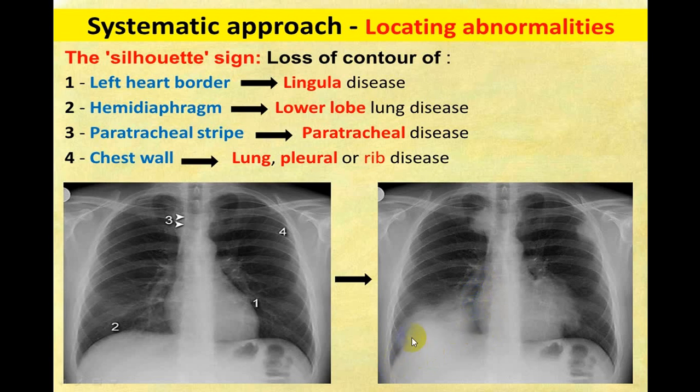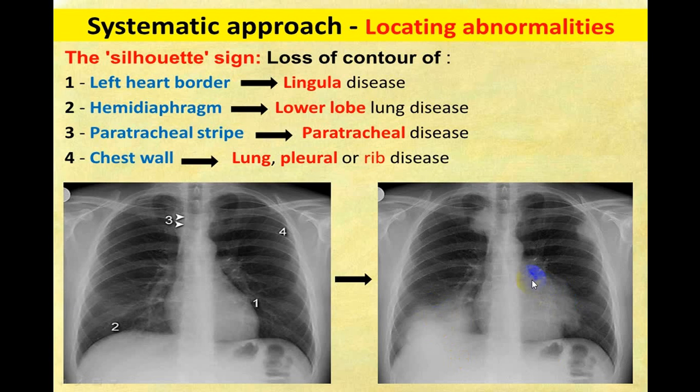So there is something either because of the diaphragm or there is something in the right lower lobe. This particular shadow is producing silhouette sign with the diaphragm. So it is a right lower lobe pathology, or something below the diaphragm which is producing this type of pathology. But if you see the diaphragm margin here, I cannot see this diaphragm margin, so it has to be a lung. So there is something in the right lower lobe.